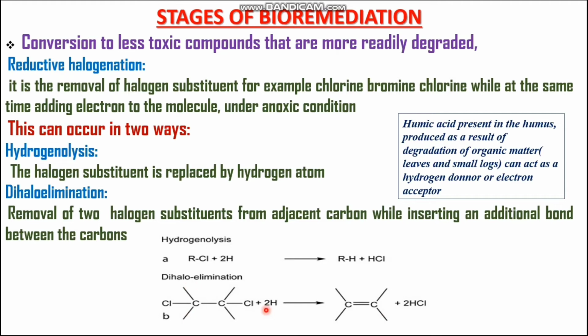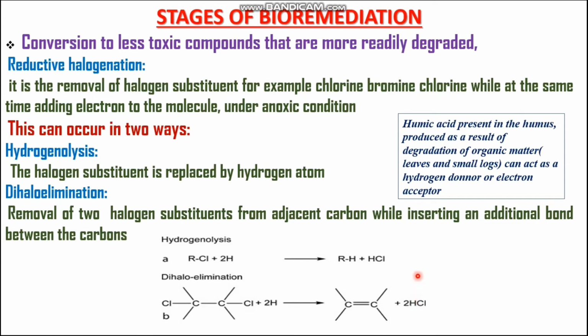Here we are using hydrogen atoms to remove the halogens attached to the main structure. As a result of the removal of the halogens, a double bond is formed between the carbon atoms, and we are getting a byproduct of two molecules of hydrochloric acid. So that's all about the first stage of bioremediation, and this process can be sped up when the humus content is more,